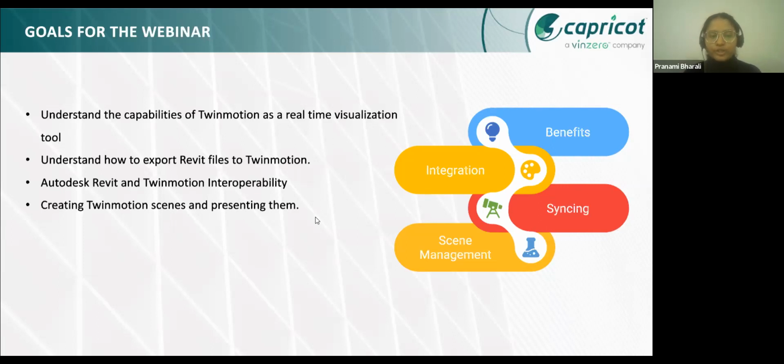We'll be showing you live how to do that, and lastly how you can create different rendered views, and different videos, walkthroughs, and panoramas, right? So the presenting part from Twinmotion will be shown there. So these are the goals of the webinar. We'll first discuss each and everything in the PPT, and then we'll show you live in the